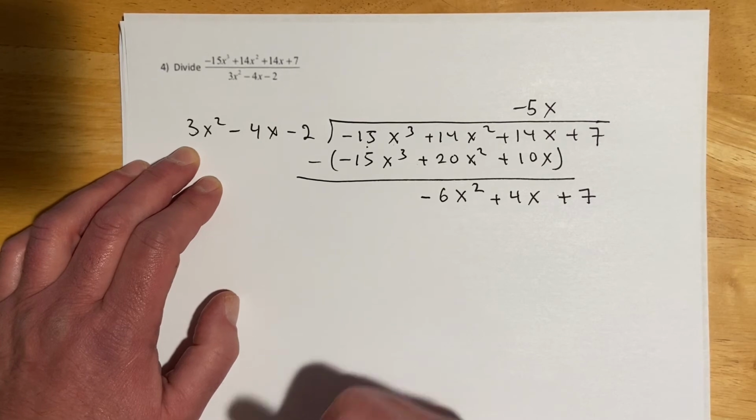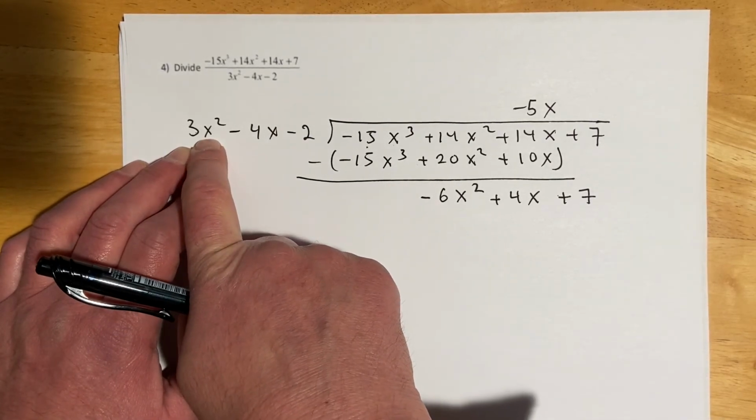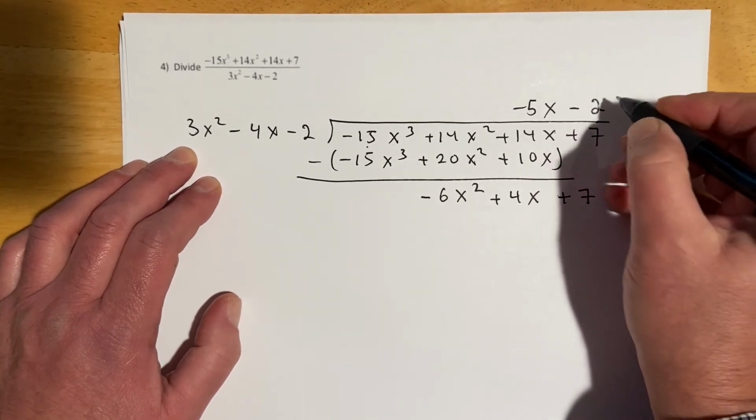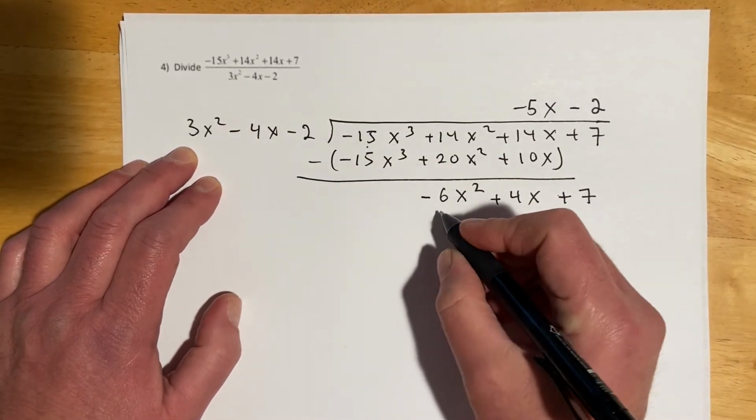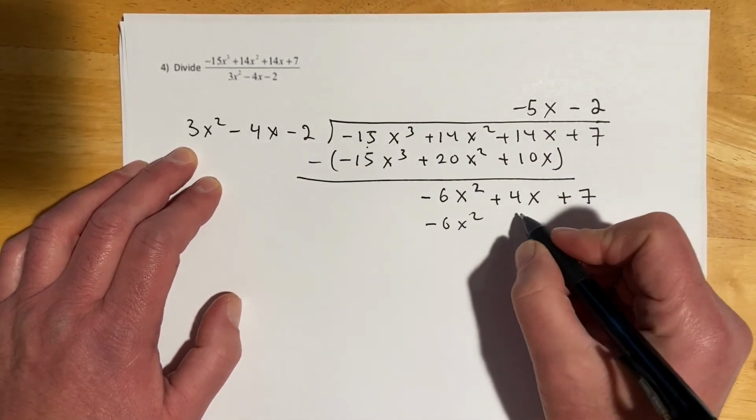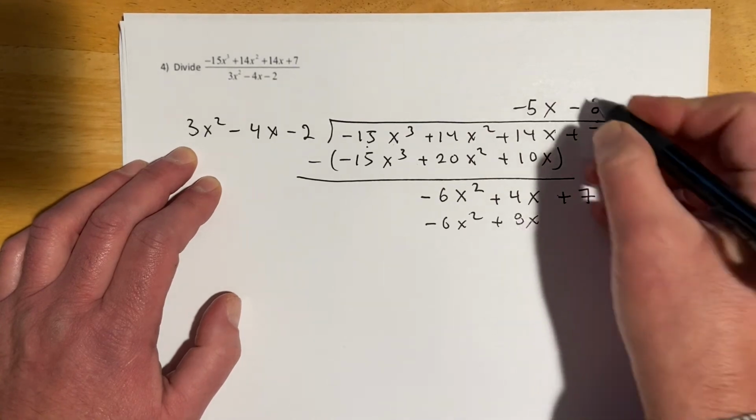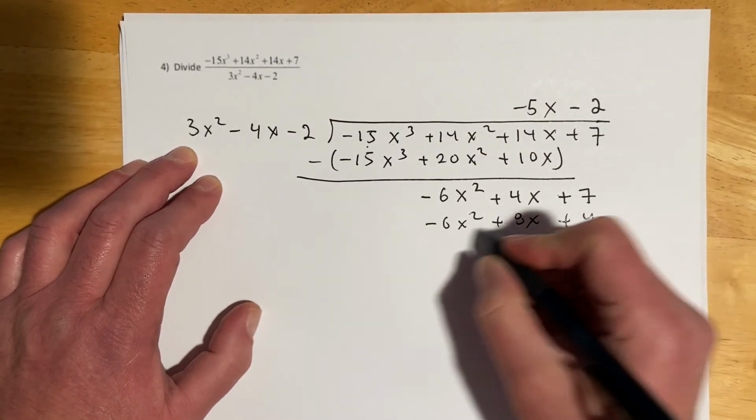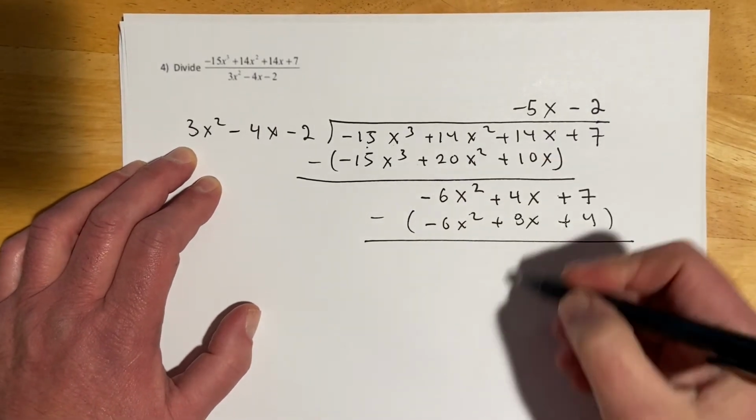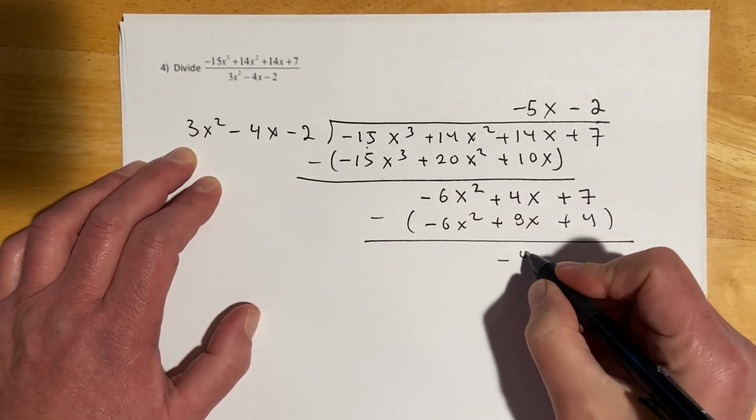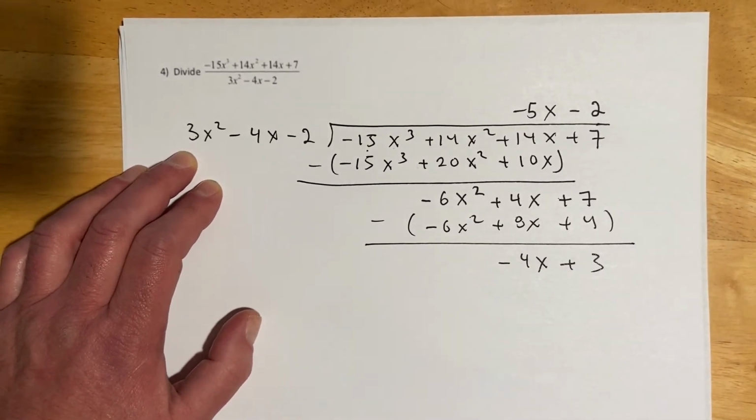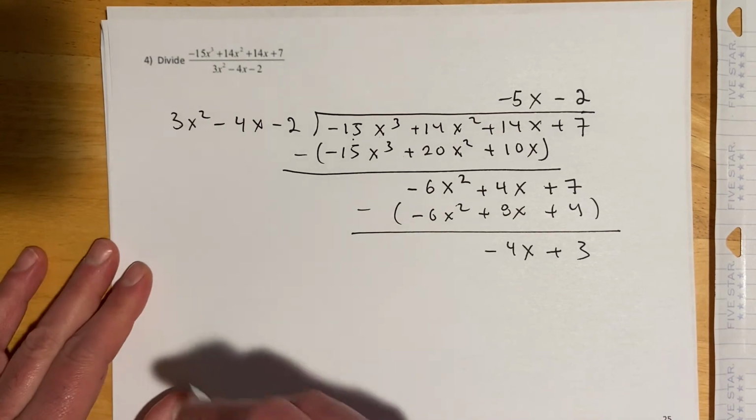So now we have to go, what do we multiply 3x squared by to make it look like negative 6x squared? So that'll be negative 2 times 3 would be negative 6x squared. Negative 2 times negative 4 would be plus 8x. Negative 2 times 2 is plus 4, parentheses, and that drops out. 4 minus 8 is negative 4x, 7 minus 4 is plus 3. And so then our answer will be